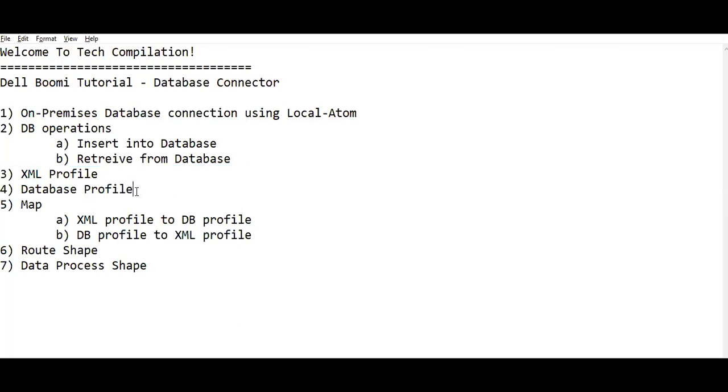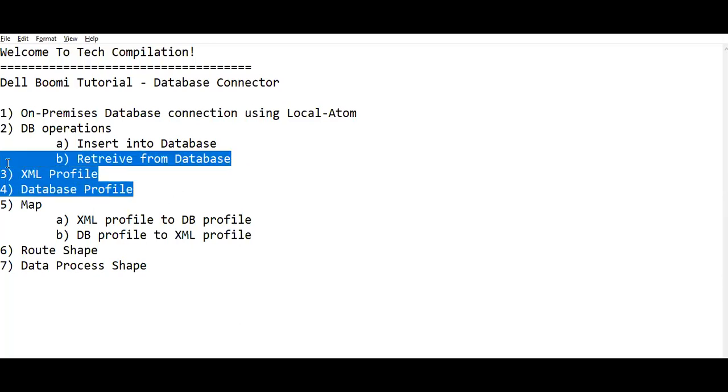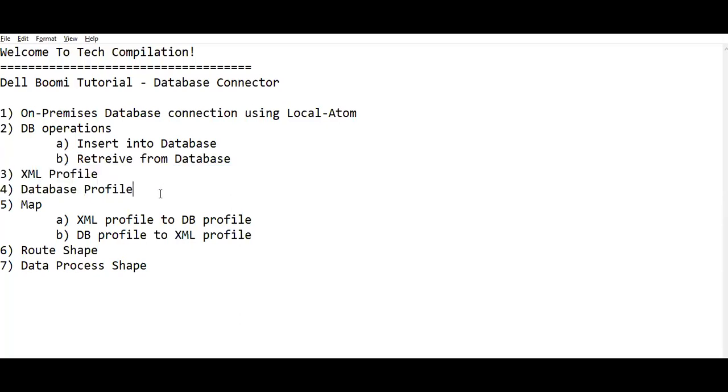For that, we have used the XML and database profiles. XML is our source profile. Using the XML profile, we insert into the database, and while fetching, we use the database profile. Using the map, we will see how to convert the XML profile into the database profile and, vice versa, from the database profile to the XML profile.